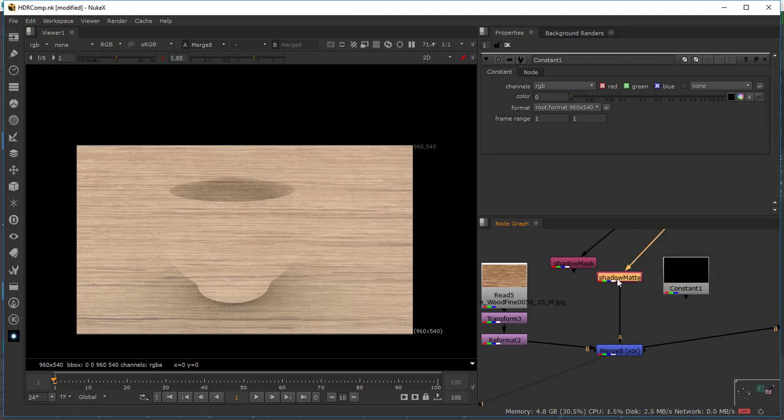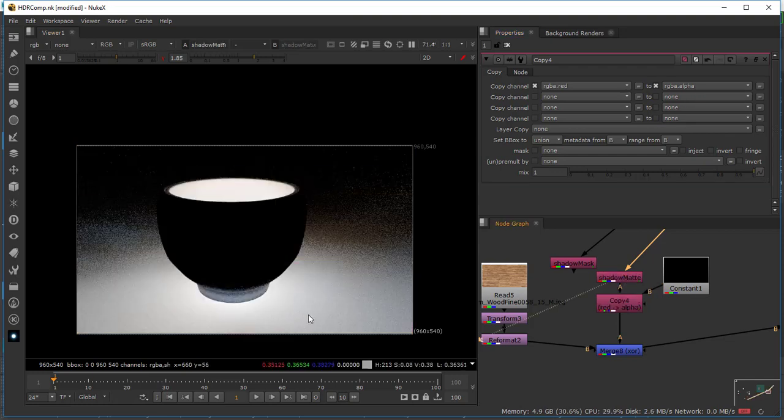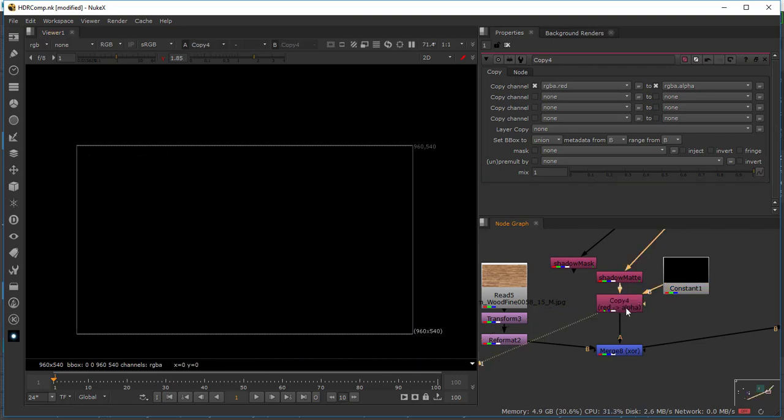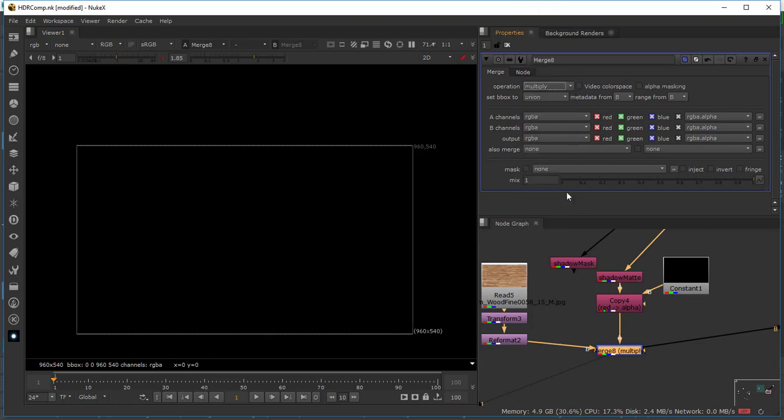So I'm going to say I want to copy, so I hit K for copy, and put that there. I'm going to copy the red channel, let's say, and that's going to be my new alpha. So now as the red channel comes into here, it's going to copy it onto this constant, and then that will be my new shadow. And then if I just set this one to over or multiply,